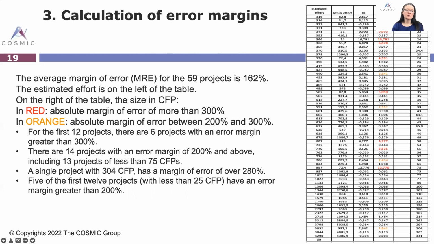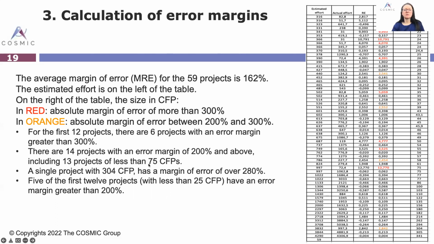In that case, those that are in red have an absolute margin of error of more than 300%. So there's a couple of these. In orange, like this one here, this one there, it's a margin of error between 200 and 300%. Now for the first 12 projects, there are 6 projects with an error margin greater than 300%. There are 14 projects with an error of 200% and above, the reds and oranges altogether, including 13 projects